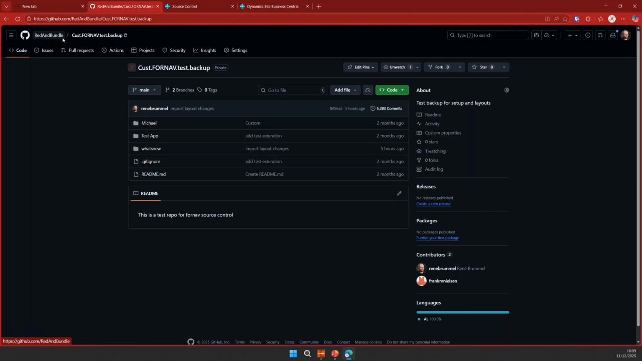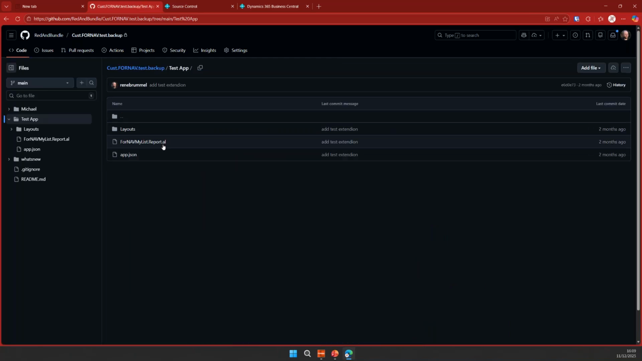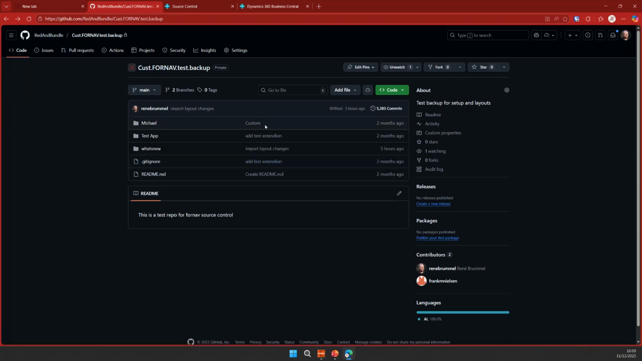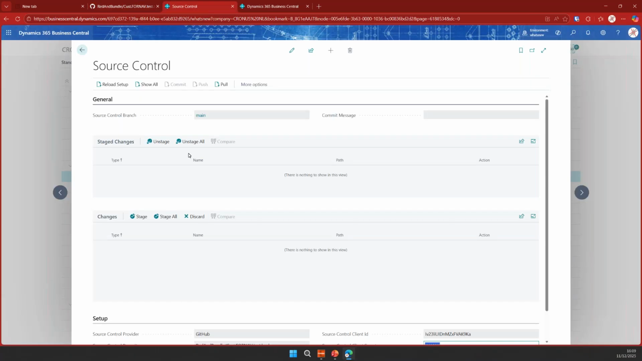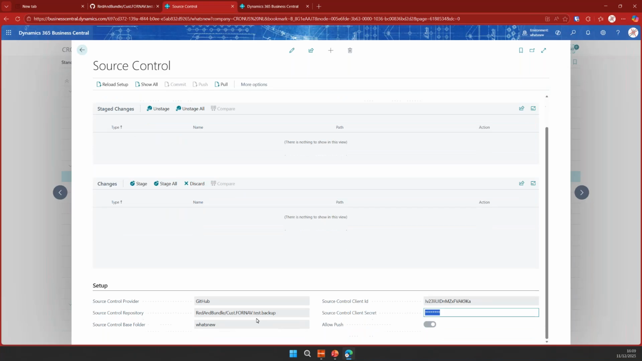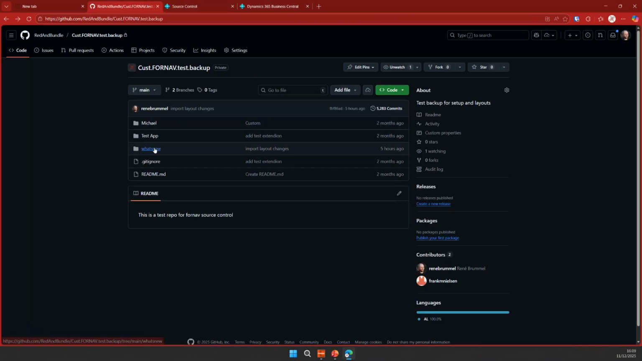Which means that if I go to GitHub, this is my red and bundle cust fornav.test.backup repository. You can see I have some stuff in here. I have a Business Central extension with a FORNAV my list report. Michael has pushed some stuff into here, but I also have my What's New folder, and the What's New folder, go back to source control. That's the folder where FORNAV will push all of the functional changes from the database. If I drill down into that,